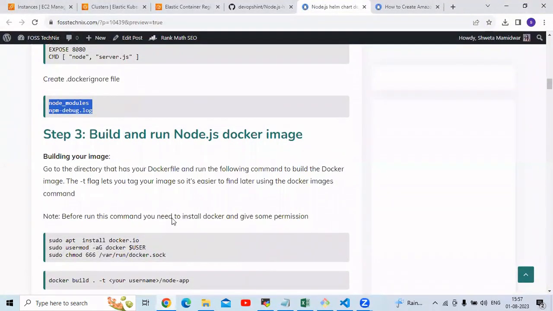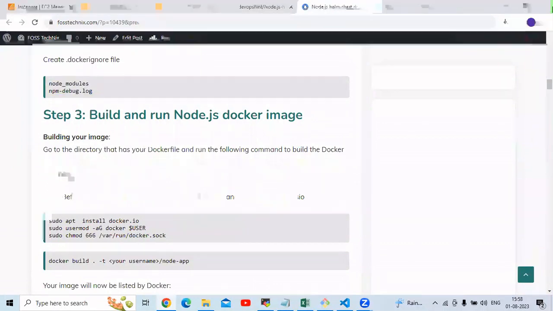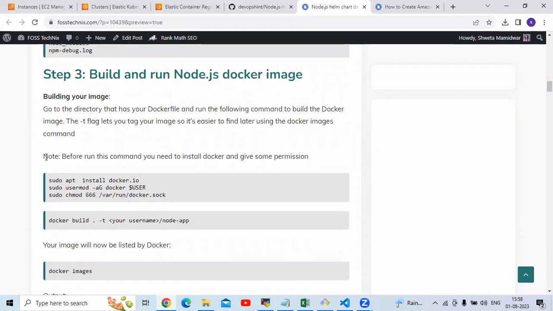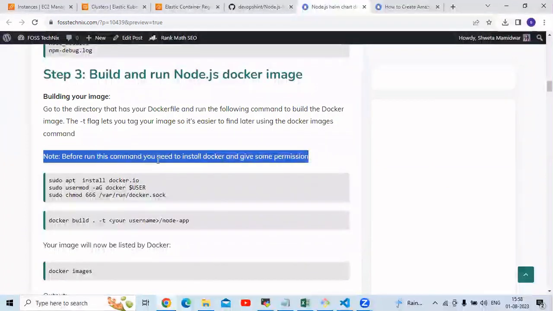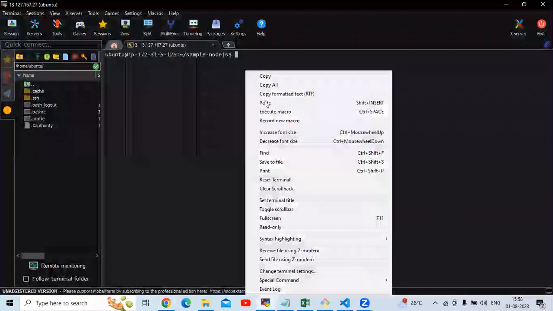So how do we build and run our Node.js Docker image? As you can see, to build your image, go to the directory that has your Dockerfile and run the following command to build the Docker image. The --tag flag lets you tag your image, so it's easier to find later using the docker images command, right? Before running this command you need to install Docker and give some permissions. As you can see, if I run this command, there is an error. So let's run this command,